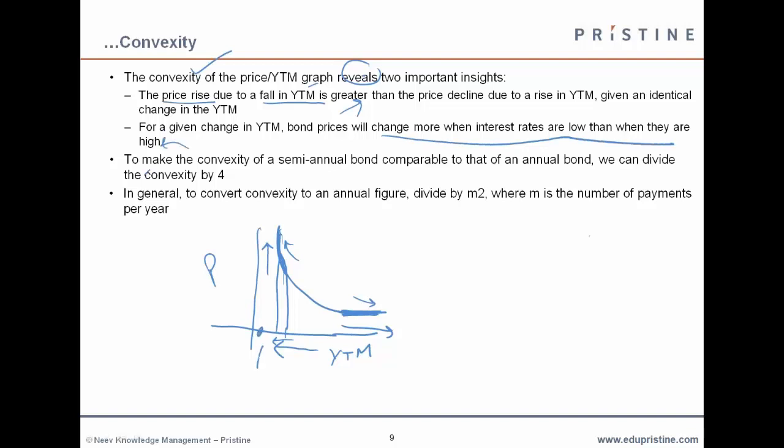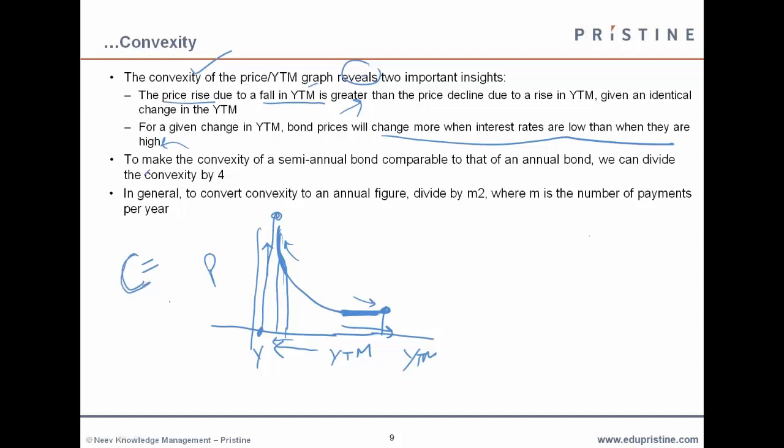At the lower YTM, there's a huge price compared to if YTM is already high, where the price is not very low. The change in price is quite limited. So we will